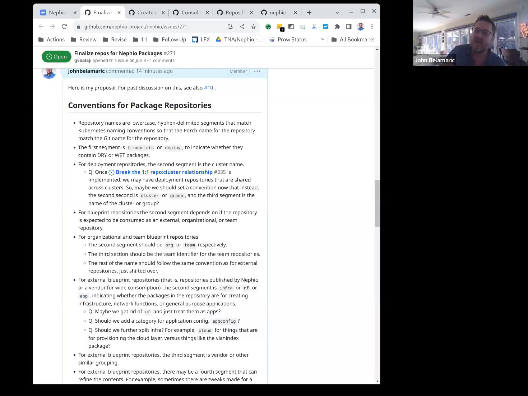Similarly, when we look at the next topic on the agenda, I didn't do them in this order. Maybe I should have. We're talking about shifting the way we use config sync, so let's not talk about deploy ones right now. How about that? Let's just stick to blueprints ones right now. I thought that would also be easier. That was also my view, John.